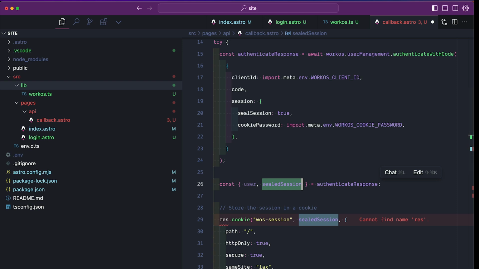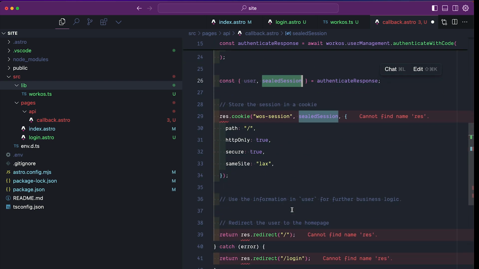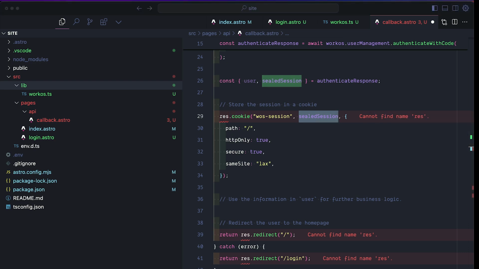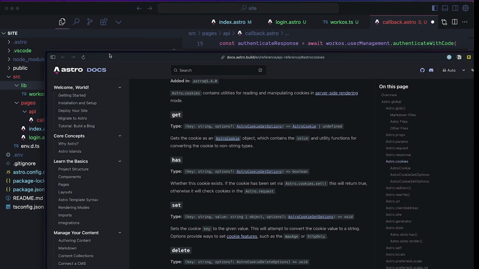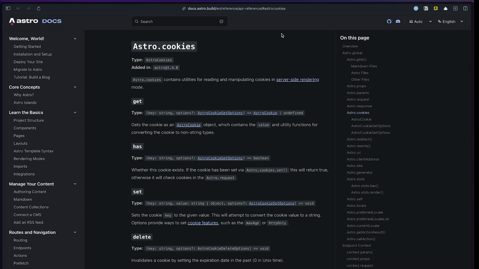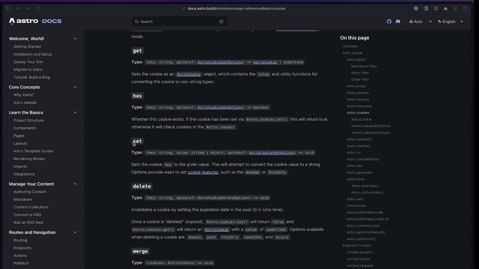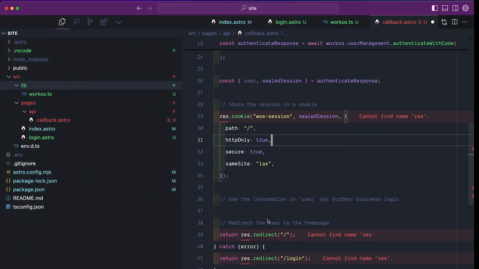So now we need to store this session inside of a cookie. If we come on down here, you can see that we have the response.cookie, and we're passing it our sealed session. Now we need to update this specifically for Astro. Within Astro, they have their own cookies API, and I will include a link to this within the description. But all you have to do is say .set in order to set the cookie. I'm going to come back over to our code. And here, now instead of response, I'm going to say